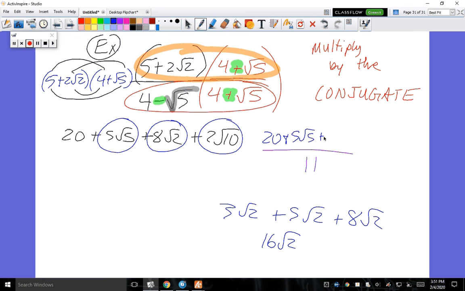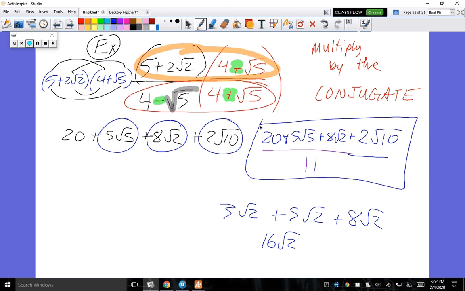So you could write it out as your final answer. Sometimes you will not be able to group stuff together, and this could be your full answer. I know, very gross, right? Or you could have written 20 over 11 plus 5 root 5 over 11, 8 root 2 over 11,